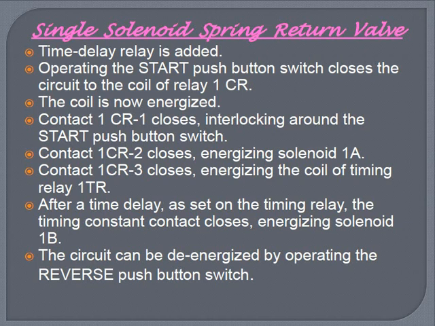The contact CR1 closes, interlocking around the start push button switch, and the contact CR2 closes, energizing solenoid A, shown with the solenoid valve symbol A. The contact of relay CR3 closes and energizes the coil of the timing relay TR. After the time delay set on the timing relay, the timing contact closes, energizing solenoid 1B, and the circuit can be de-energized by operating the reverse push button switch.